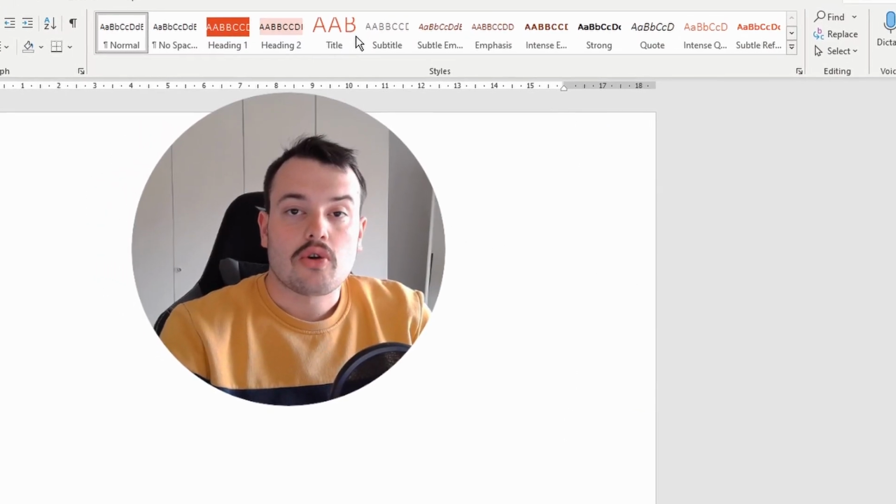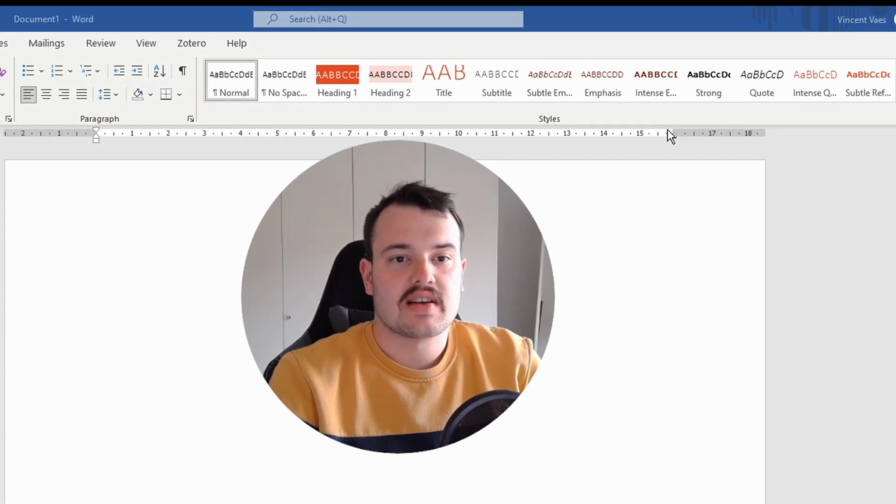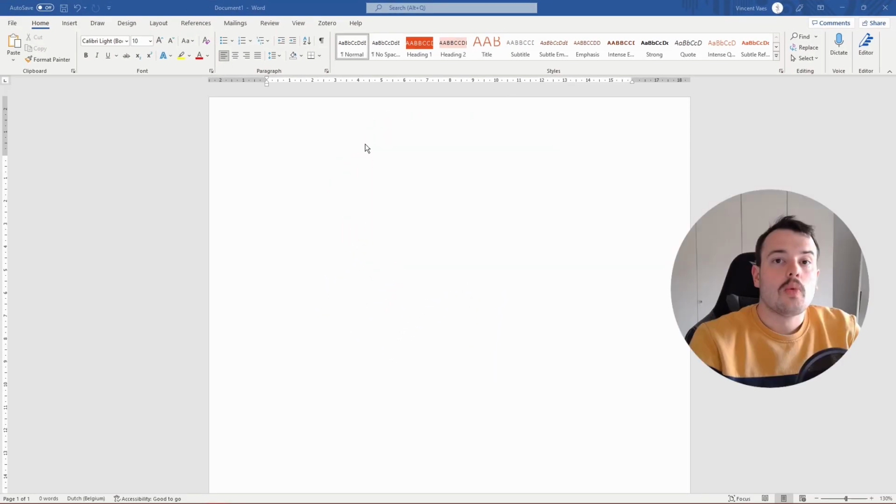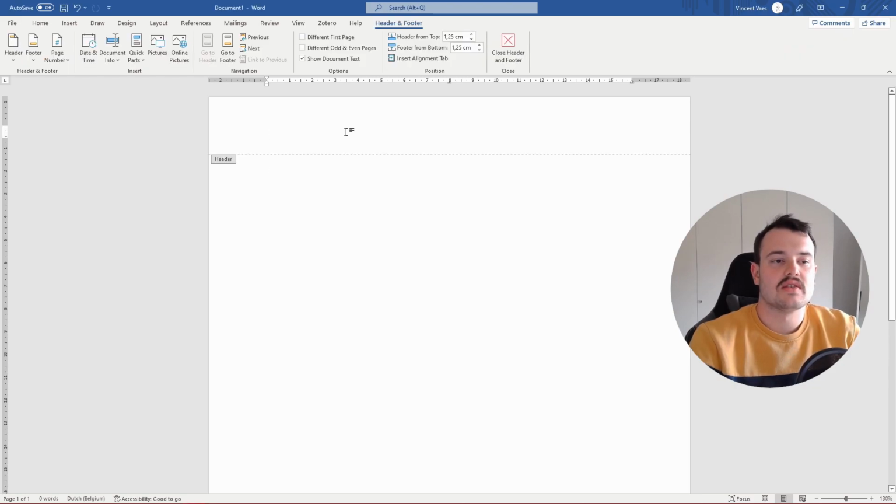There we go. Now you can already see that up here in the bar of different selections of titles, the colors have already changed, but we will come back to that in a second. What we want to do first is change the heading of our document. The heading is a text that is at the top of your page. It's something that you don't really edit all that often, and it's something that is repeated on every single page